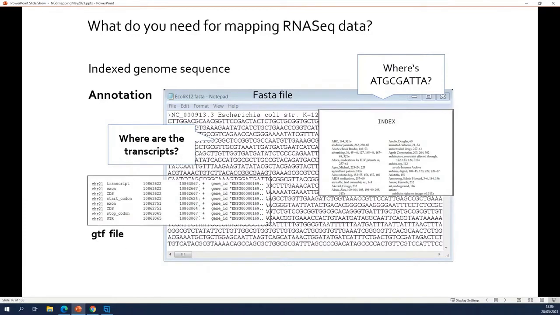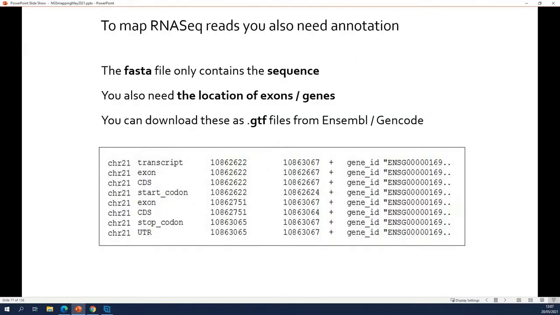This is a text file that contains the annotation, the location of the introns, the exons, the UTRs, and the transcripts, as you can see here. You see here, this transcript is located on chromosome 21 and belongs to this gene. And your RNA-seq mapper needs to know that, because this is where you expect that your reads will map.